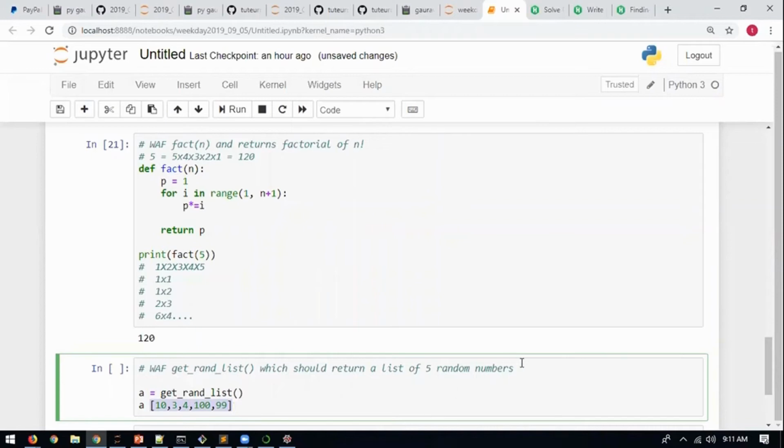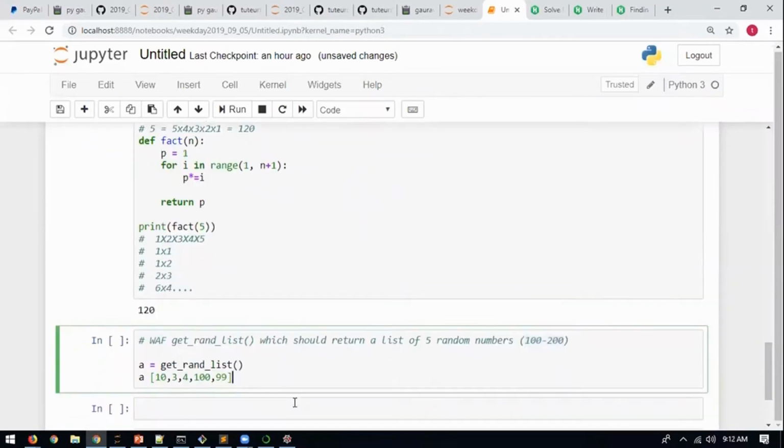Try. Did I give you the range of random numbers? No one asked also. The range of random numbers should be between 100 and 200. If you're going to an interview and you don't ask questions to the interviewer, it's bad. If you don't know something, that's a different thing. But if you have a doubt on something, ask it, make it clear. Make it a habit. Since I didn't give you the range, you should have asked in what range the random number should be. Don't be busy just solving it, think.